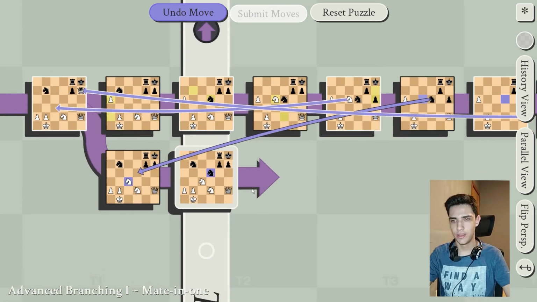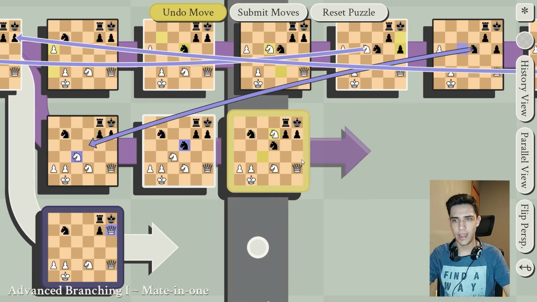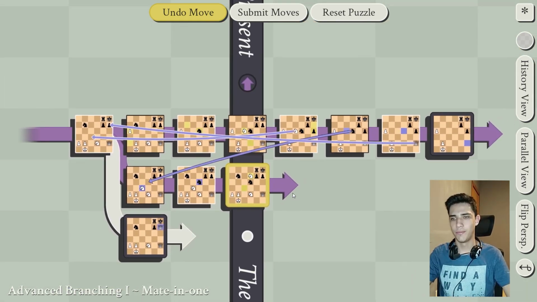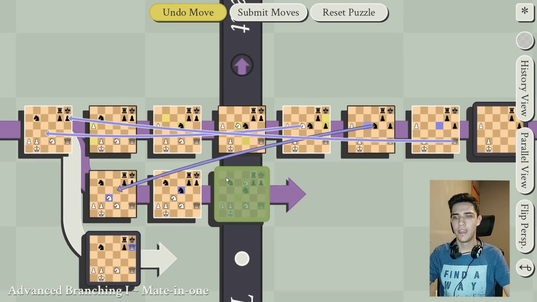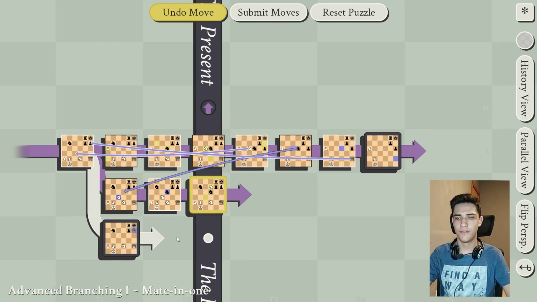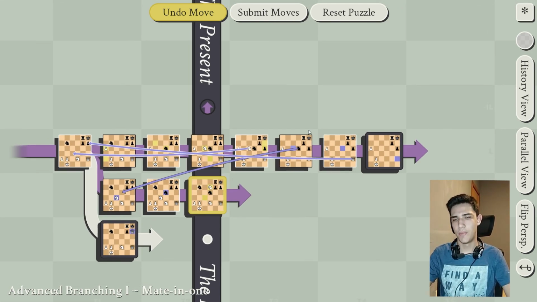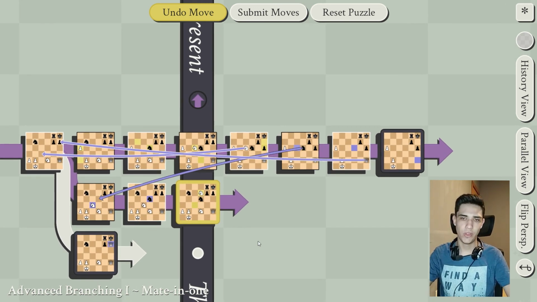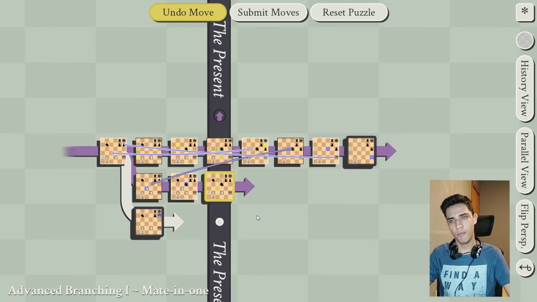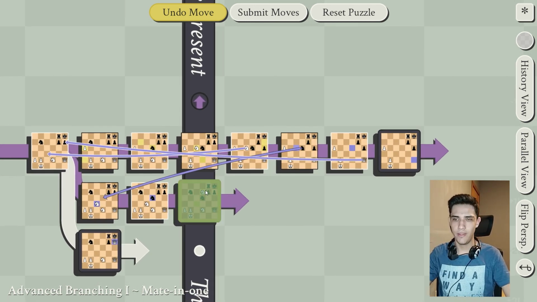and the solution is checking his king here. And because of that, like I said, this board is waiting for my opponent to make a branch to move back to this board. Because when some player makes a branch after the other player made a branch, the present line will move back to the board in the fastest way. So if this is the